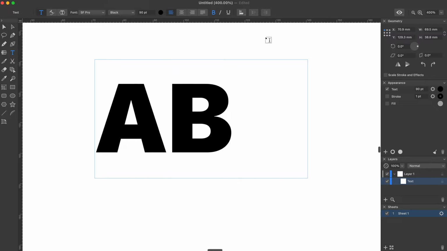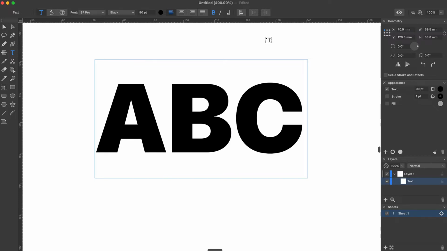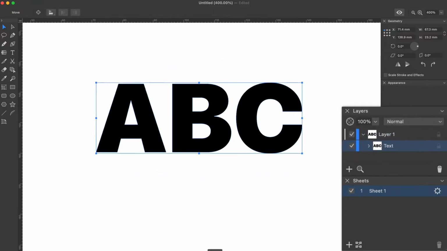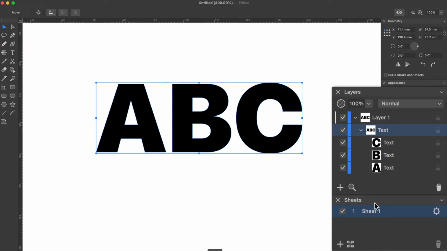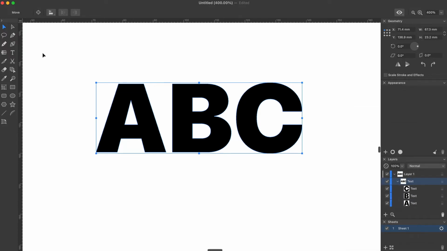Because we're talking about the vector editor, you can use all of its power by turning the text into a pure vector object. You can do this with the help of the Expand button. Take a look at the Layers panel. The text has become a group of letter-like objects. Although they look like letters, it is not the same text anymore.